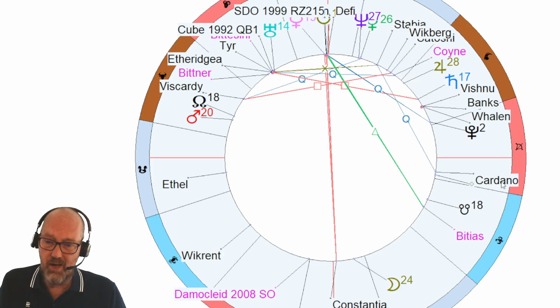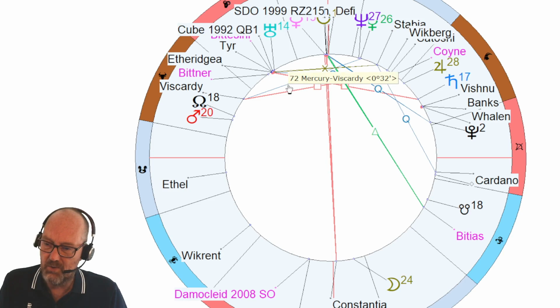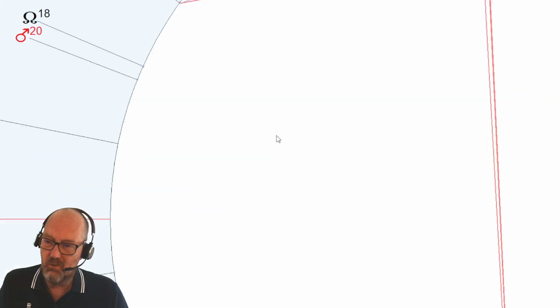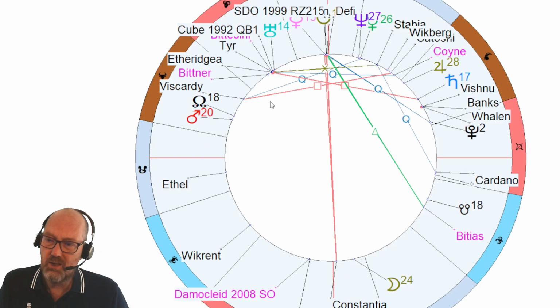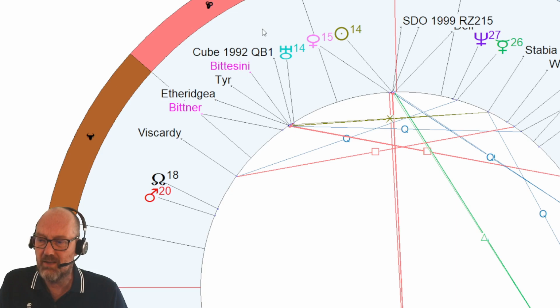I put Cardano in because Visa, they make cards, you know, so Cardano is not doing that much. I thought this might be a significator for Visa. It's not doing that much either. It's a relatively important event, you could say. I mean, I remember when it happened that people really took notice.